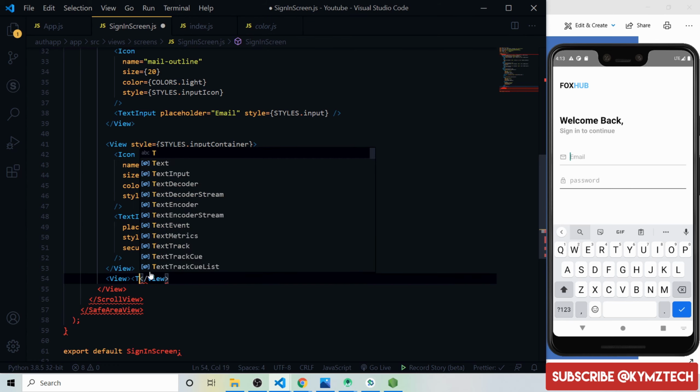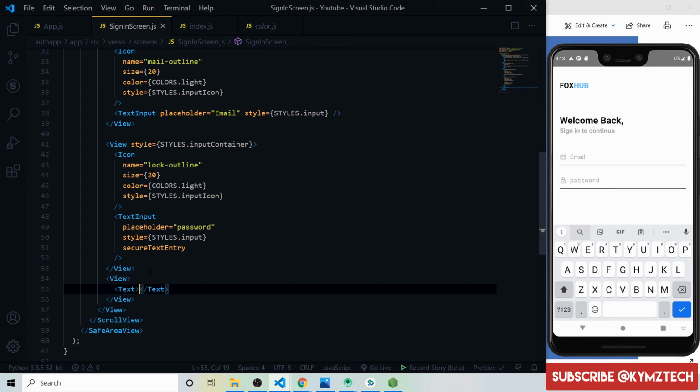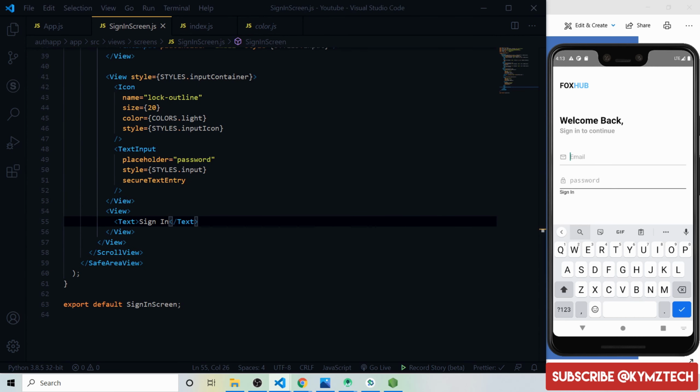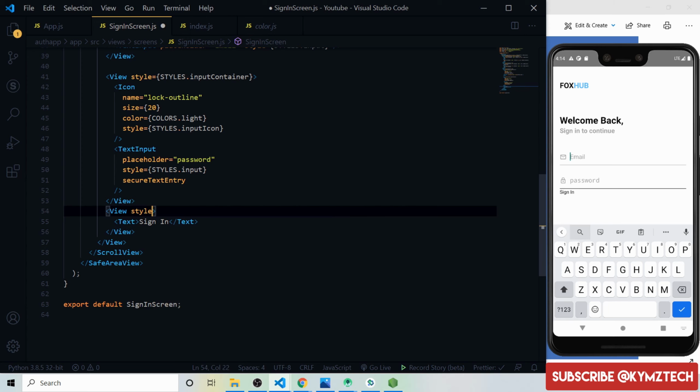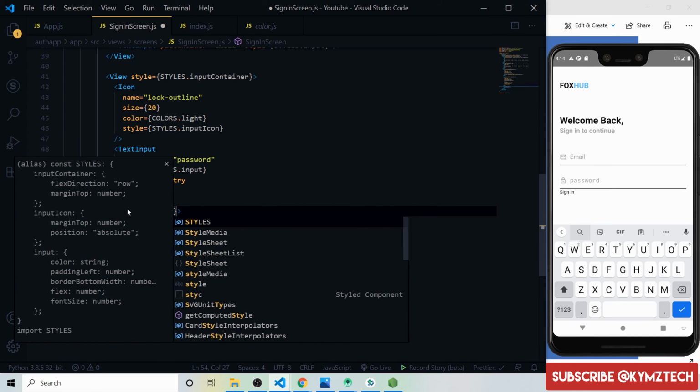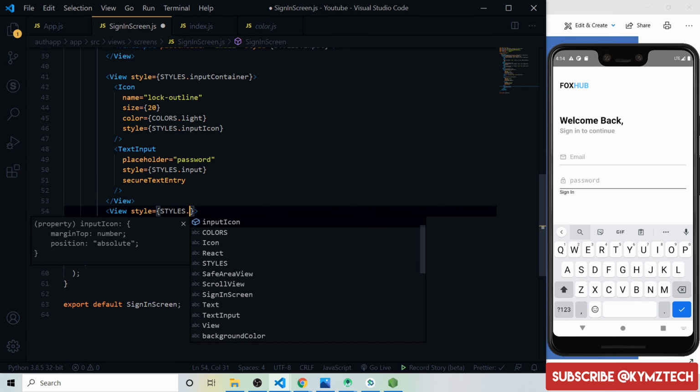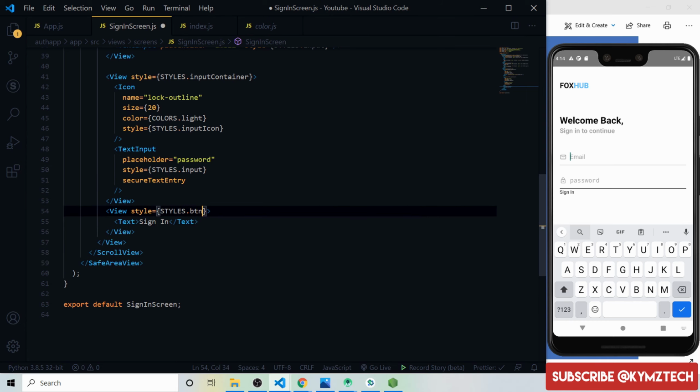Inside the view, we are going to add a text component for the text of the button, which is going to be sign in. So say sign in. And right now I'm going to start styling the button. I'm going to give the button a style of btn-primary. So say style, styles dot btn-primary. I'm going to copy this,